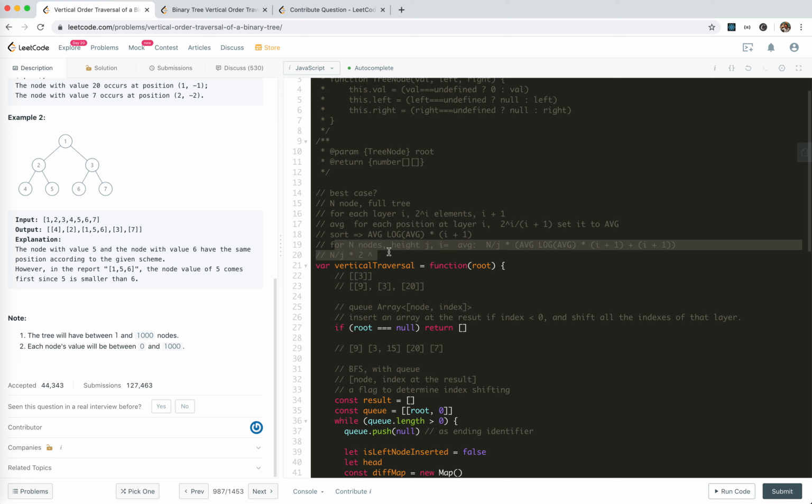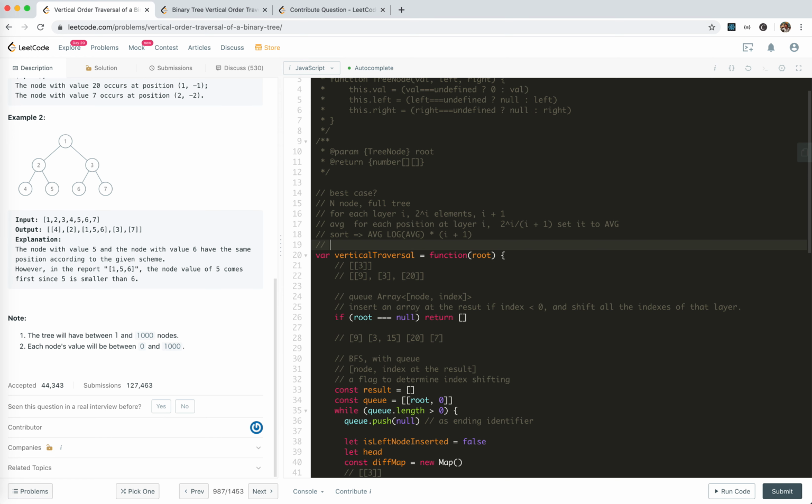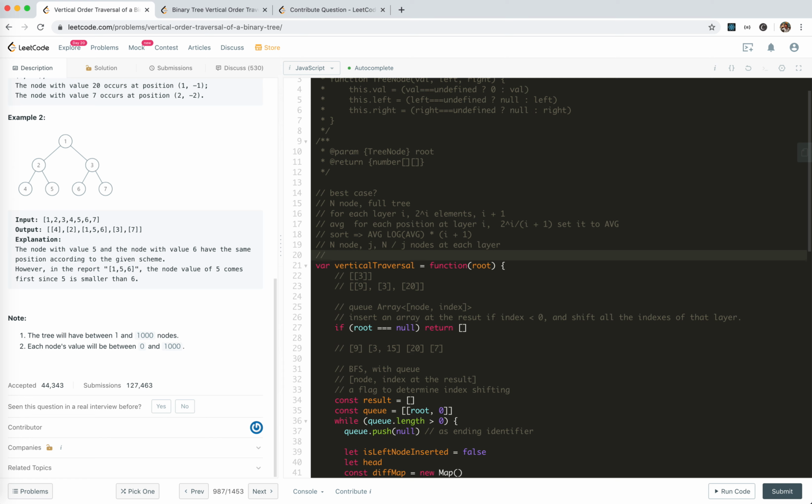Okay. No. I made a mistake. So if we don't care about the i problem, we say for n nodes with the height of j, averagely it will be n divided by j nodes at each layer, right? So the problem becomes, well, how many layers? Well, j, right? Times 2 to the power of